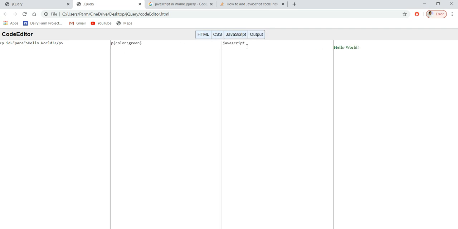So I'm just writing some line over there, say document dot getElementById, and here the id is our paragraph, so I have given the id as para, dot innerHTML is equal to hello pom.